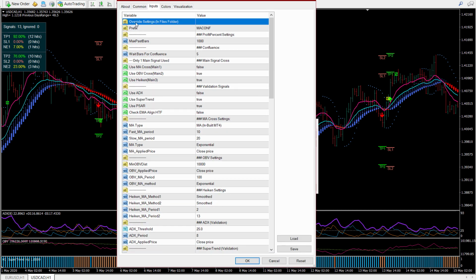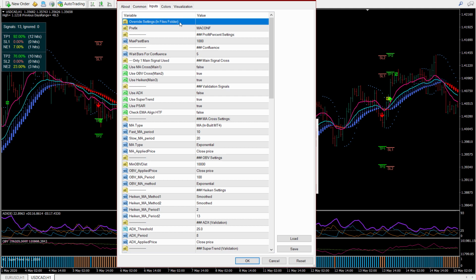First one we have, for the arrows indicator, you will have this override settings. So if there is a .set file in your files folder, mql4/files folder, then you can specify that set file over here.